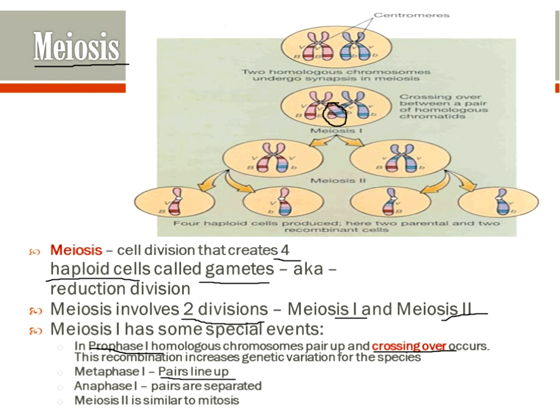Metaphase 1, the pairs line up. That's what gets them separated into half during anaphase 1. When you look at the second meiosis, everything looks the same as mitosis. But to kind of summarize, in case you guys are not following me,